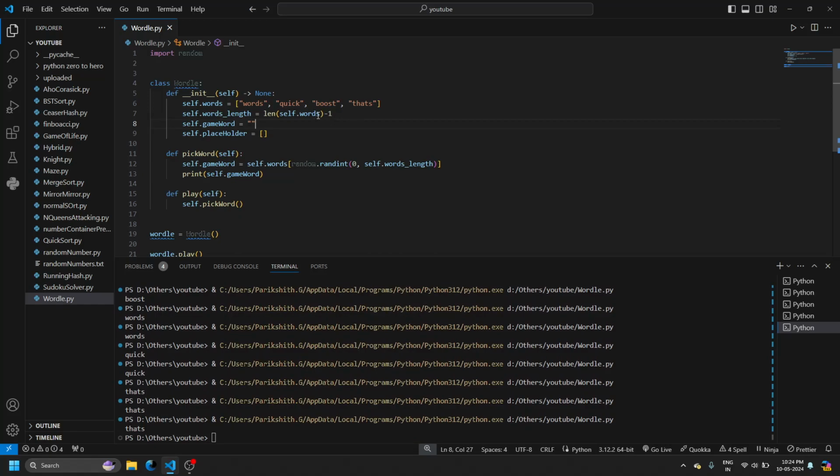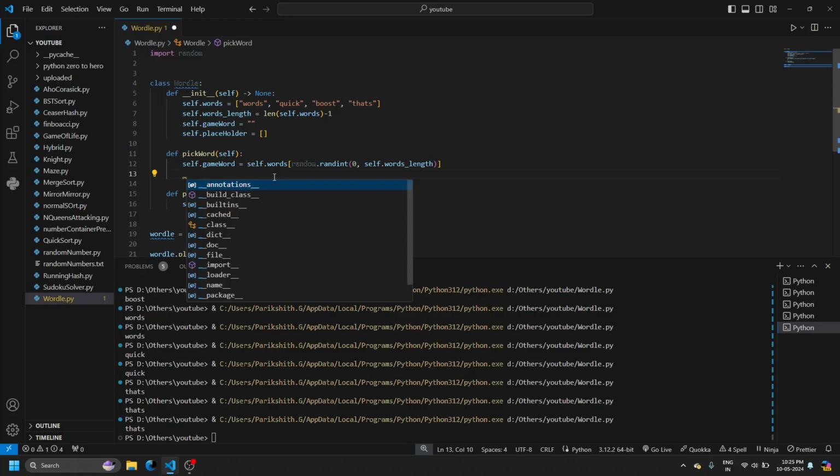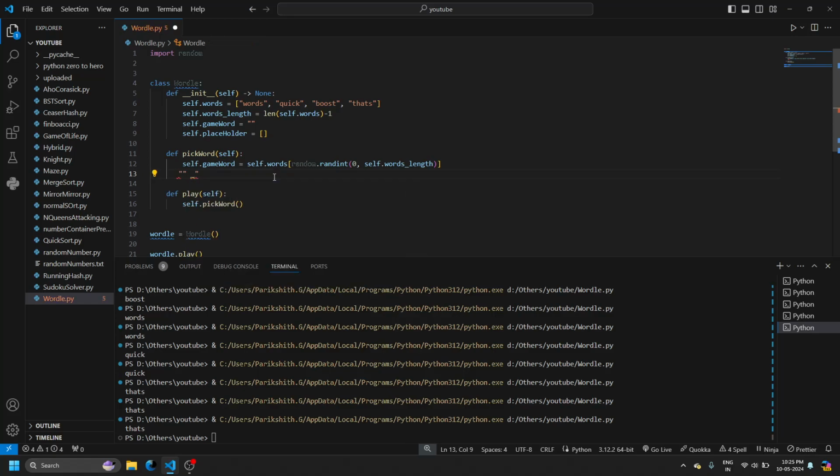We're getting a random word from here, and also some portion of it is done. So now you pick the word and you selected the word also. Now much of this is done. Now what you can do is directly populate the placeholder also. And the placeholder will initially have nothing but this symbol to tell that this is a blank word and it has